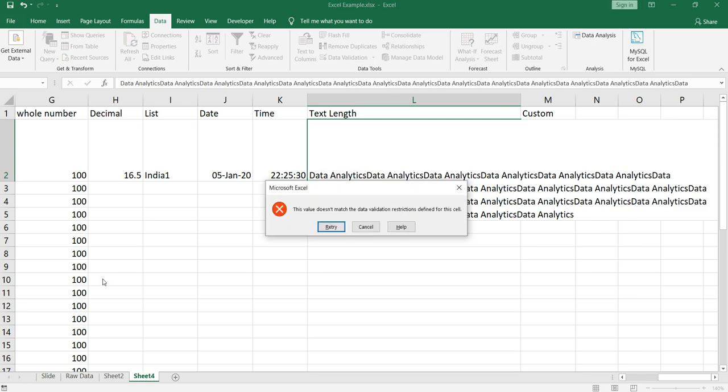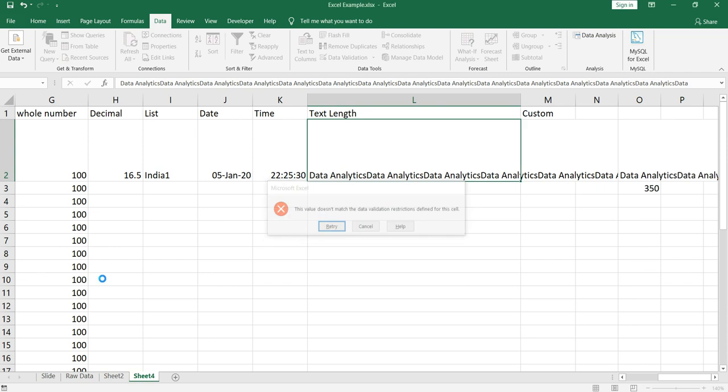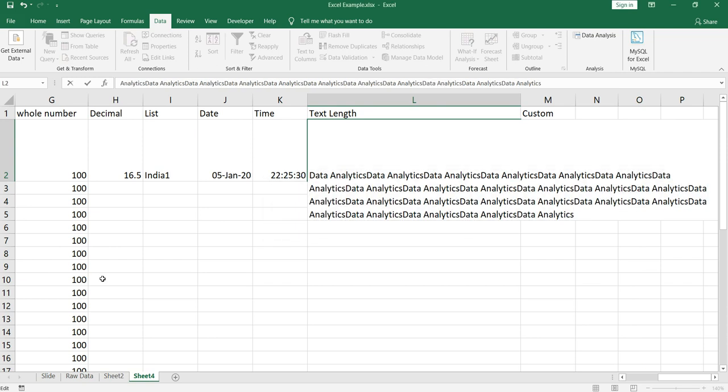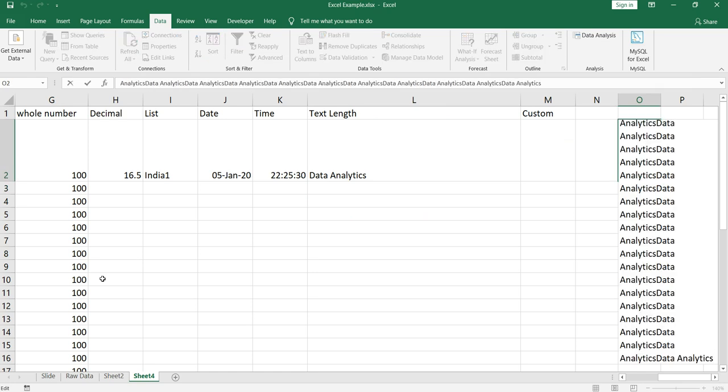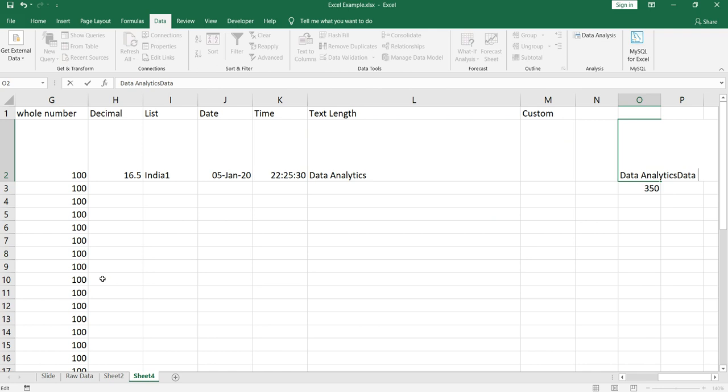It gives me an error that this value doesn't match the data validation restriction defined for this cell. So again, I can go to retry, and let's try to remove some of the value from here so that we can get the length here of 140.